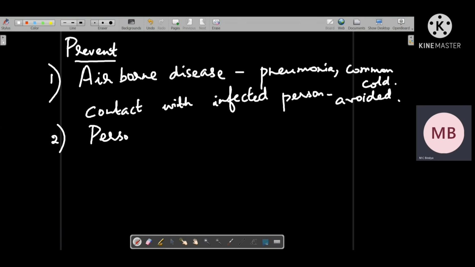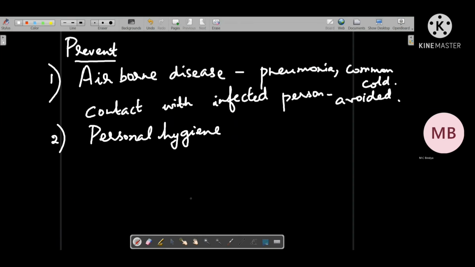Then personal hygiene, cleaning body, then having nutritious food like fruits and vegetables,